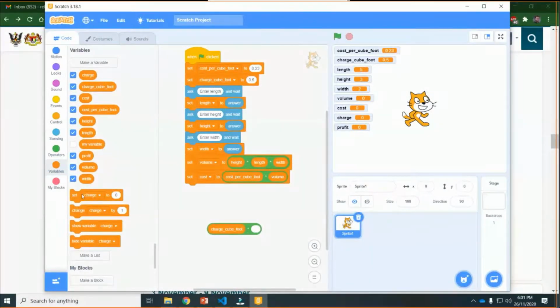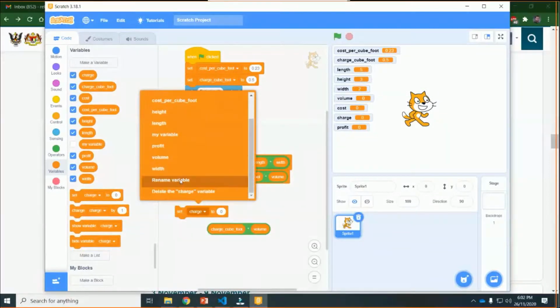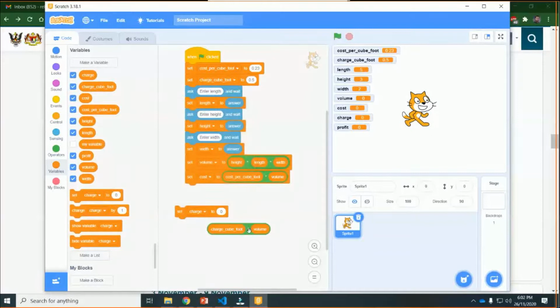It is not necessary that one is left and the other right, because multiplication has the commutative property: left and right doesn't change the value. So this is the total charge, and now put this in the charge variable. Where is charge? This one, and put it in here, and done.